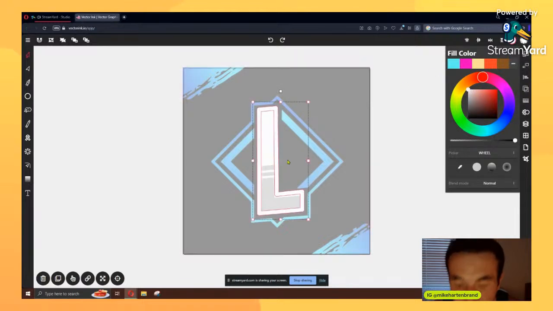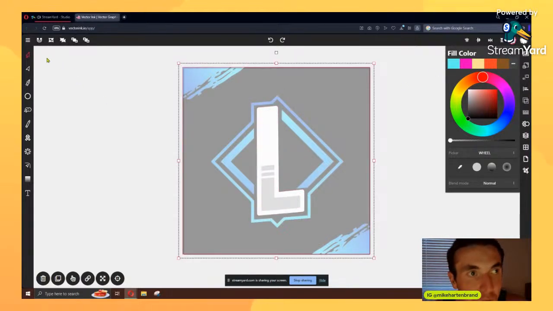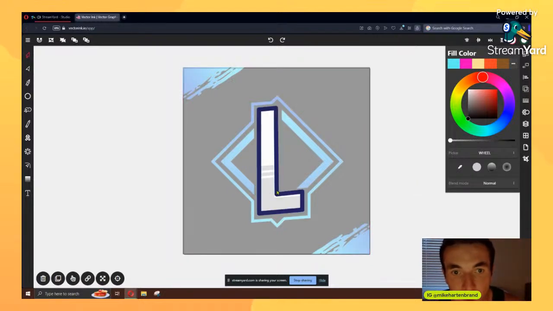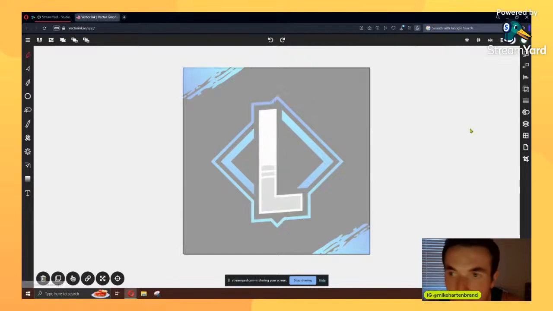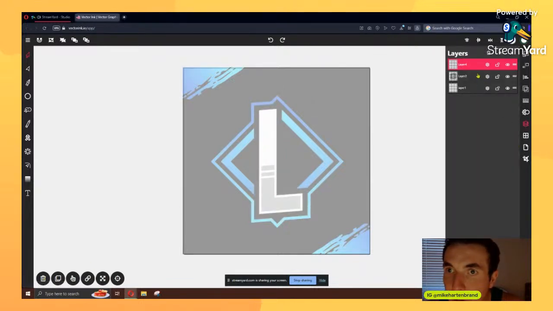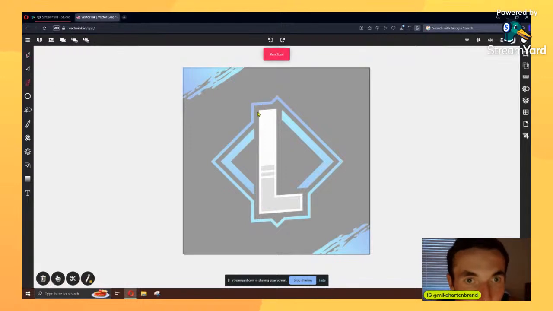Okay, I did something a little weird where it got rid of the fill. So I'm just going to delete this for now and do it over because I don't know what I did. So we're on a new layer. Go to the pen tool. This time, let's just actually try to get in the center. So here,